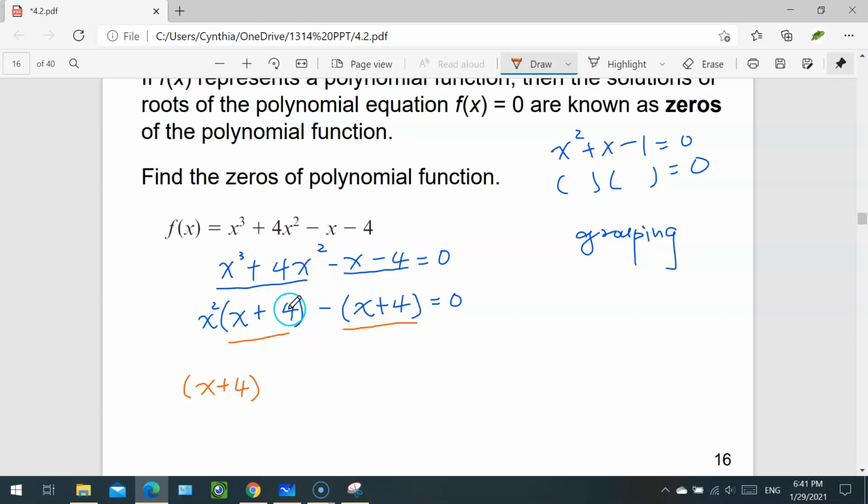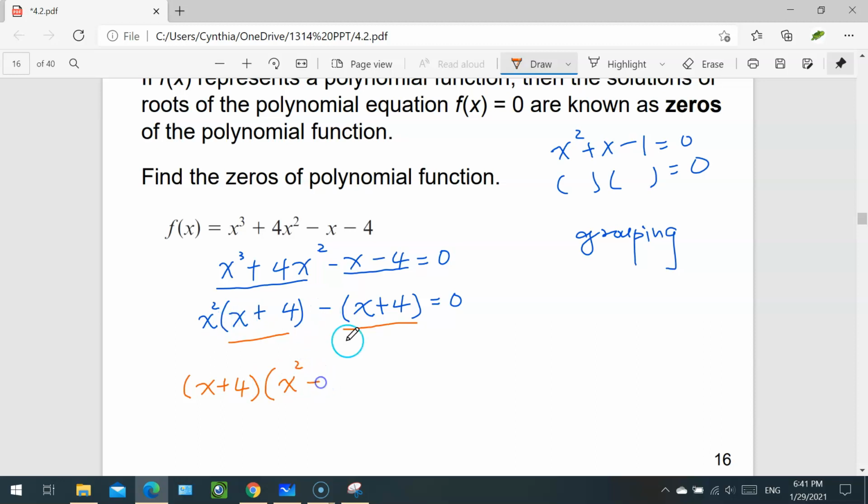Once I take out the x plus 4 to the outside, the first term still has x squared left, right? So once the x plus 4 is taken out to the outside, we open another parenthesis right away. There's no plus or minus in between here, no longer. When you take out the common factor the second time, there's no plus or minus sign in between. Now you just fill in the x squared